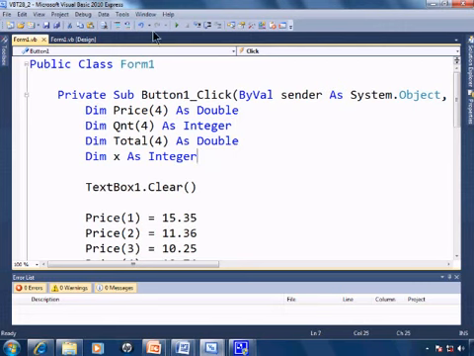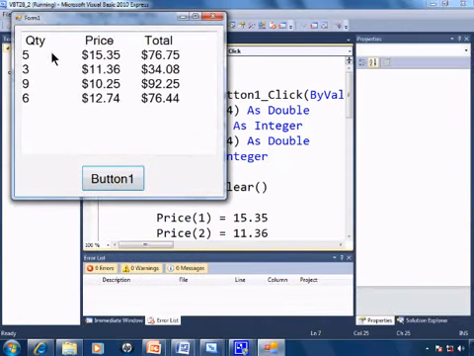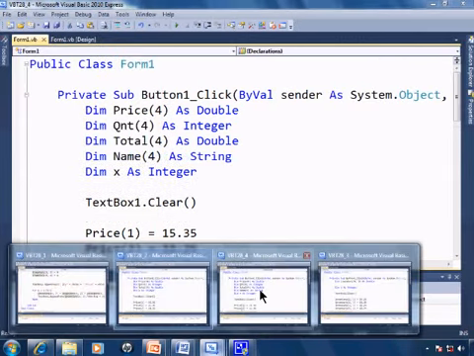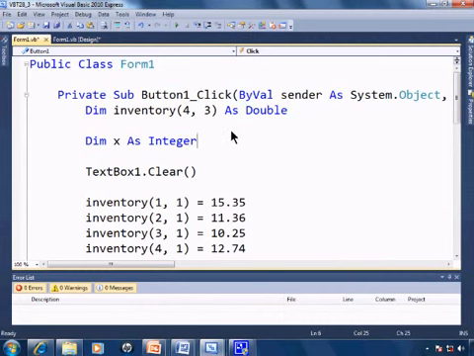Now let's say, for example, we go ahead and run the program, and we find that we really don't know what item each line represents. So therefore we want to add a name to each line indicating which item is being printed there up on the screen, whether it's hats or shoes or whatever it happens to be. So I'll go ahead and close this down, and here we have basically the same program